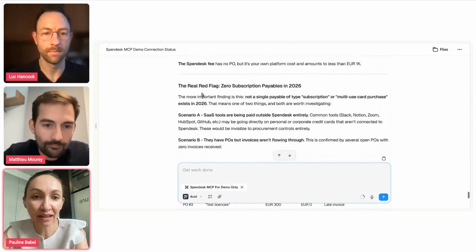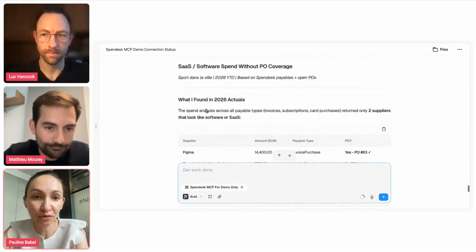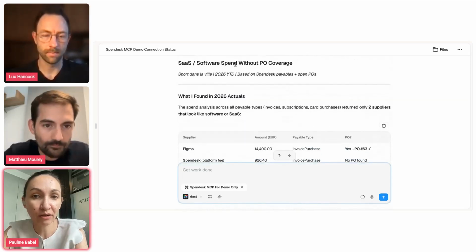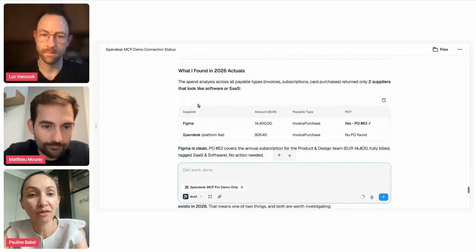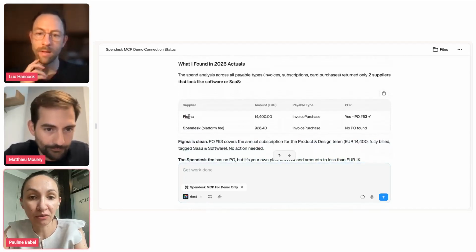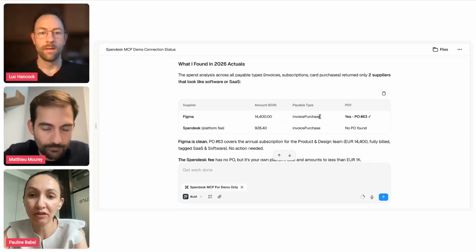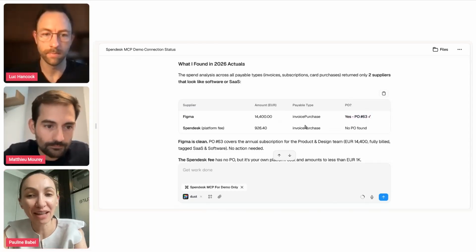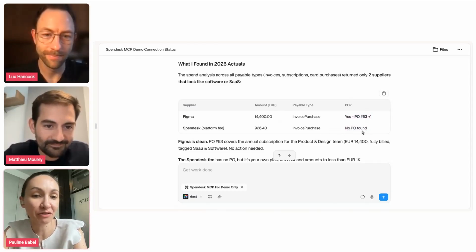And now I can have a full report on the SaaS and software spend without the PO coverage as of today. So he found the Figma one. I got an invoice and it was all done. But for my platform fee, we found no PO, for instance.